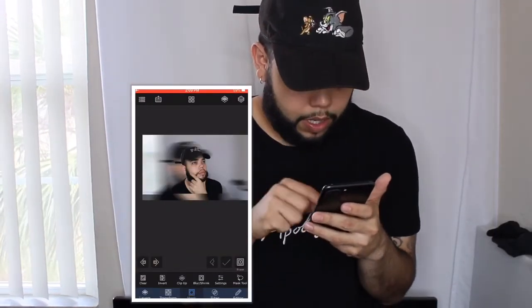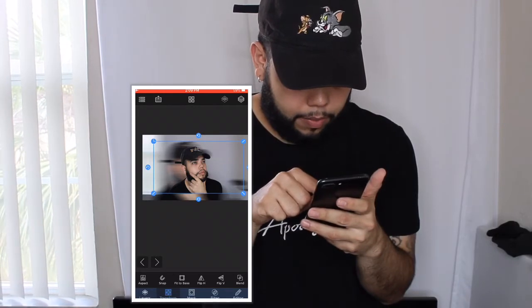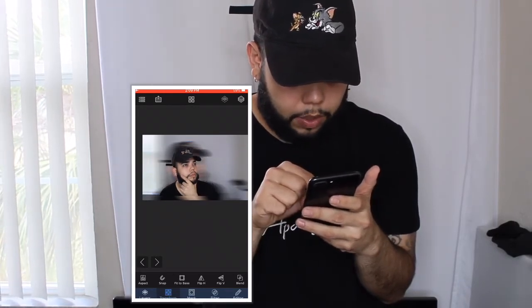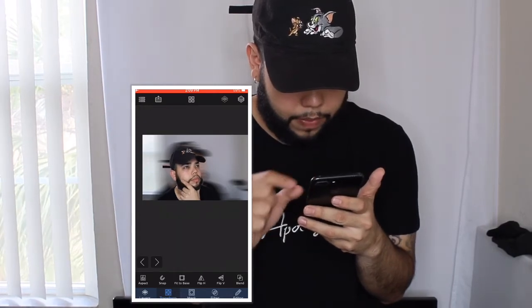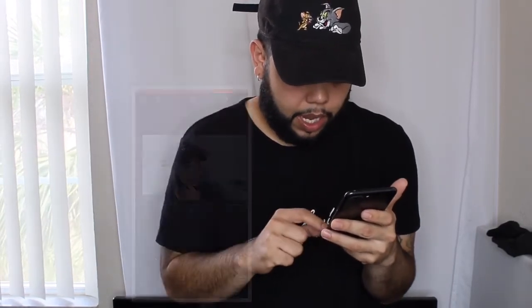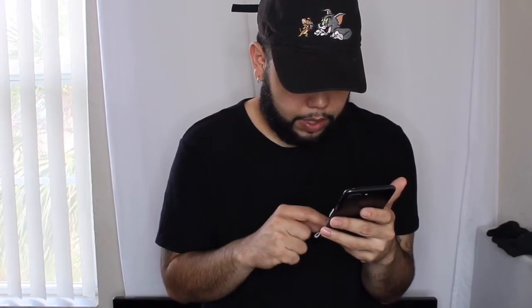I'm pinching you guys when I'm using mask because I don't want to make another random red mark. So I'm going to go back into transform and I'm going to move this around. I'm going to zoom it up. Pinch to zoom, and once I'm happy with the placement of it, what I'm going to do now is go